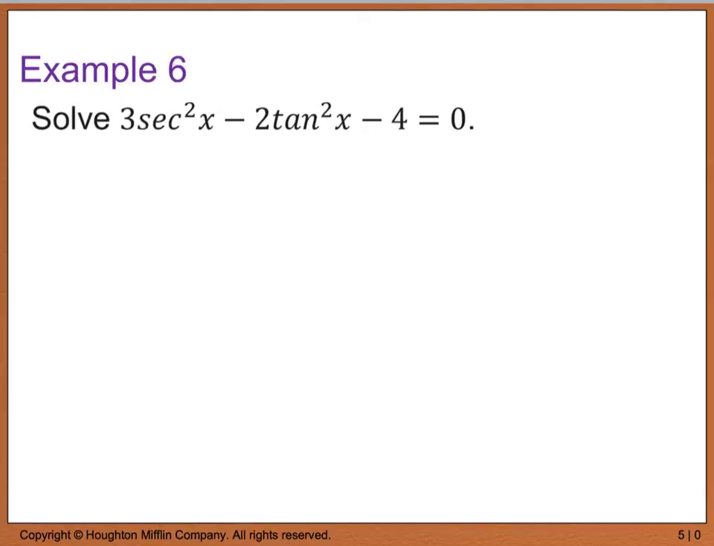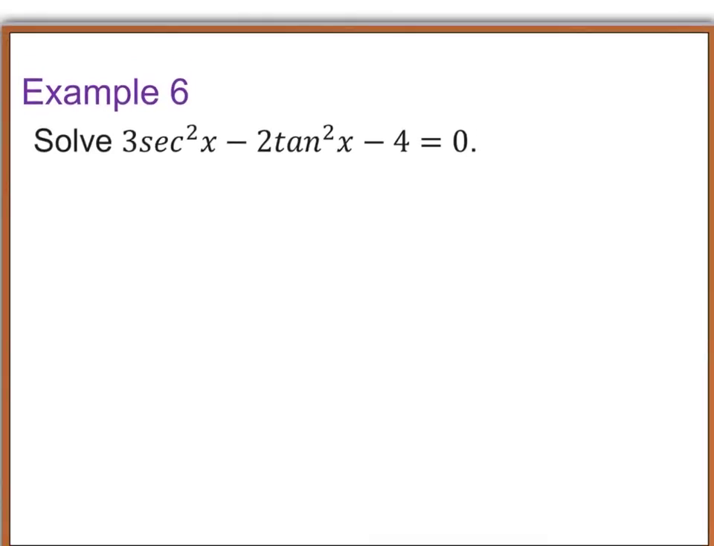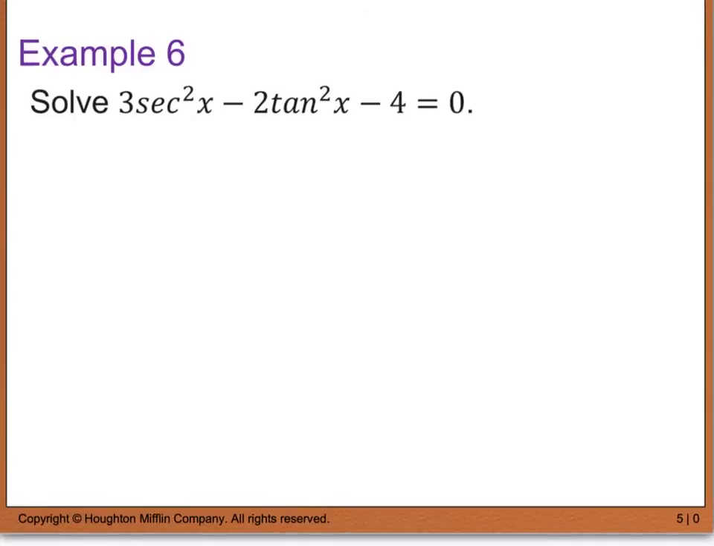Number 6 says to solve 3 times the secant squared of x minus 2 times the tangent squared of x minus 4. Well, if you recall from section 5.2, we said that if you mix the trig functions, we should probably convert them over in terms of one trig function. So I'm actually going to convert this trig function here. So I have 3 times 1 plus the tangent squared of x minus 2 tan squared x